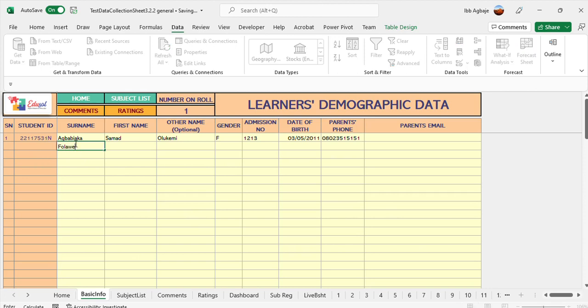Say Folawewo Rahman Idris. Say it's male. Admission number is maybe 1210. Date of birth is 4/4/2012, and then all this information is optional except for the surname and the first name and the gender, of course. When you are done entering the names of all the children, you can go back home,